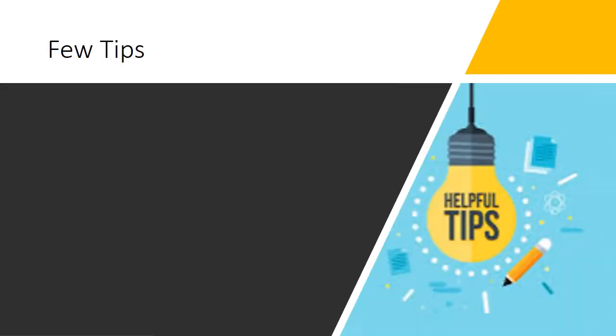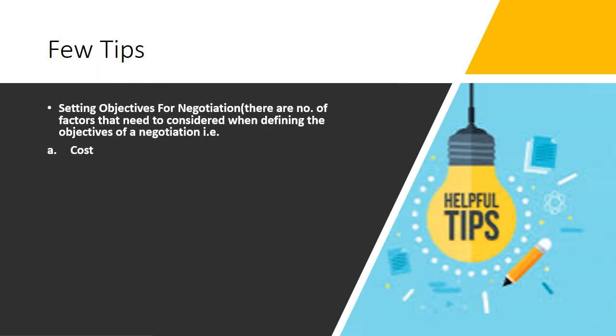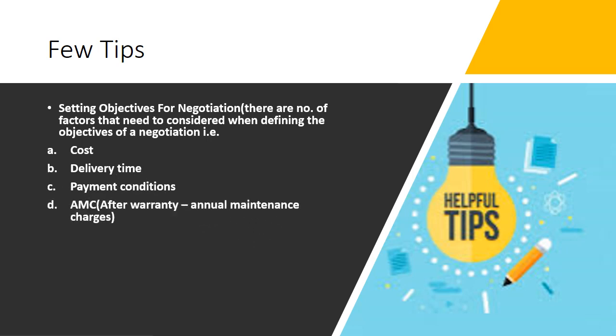Now I am coming with a few tips on what you need to follow to start the negotiation. First, our objective of the negotiation is to find out the factors which we need to consider during the finalization of the negotiation. In each and every project, there is a different parameter which we have to prioritize, what we have to discuss with the vendor during negotiation. So I am coming with a few points which are very important to follow as the negotiation strategy.